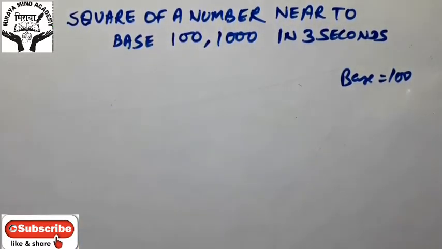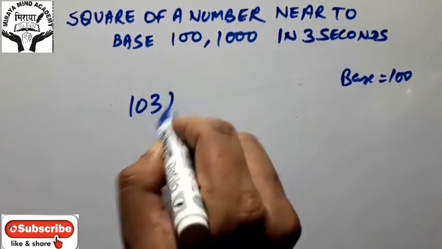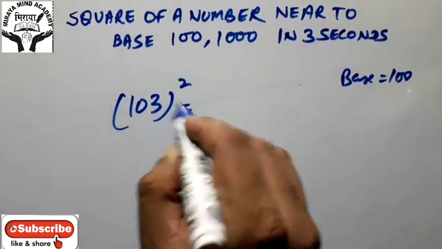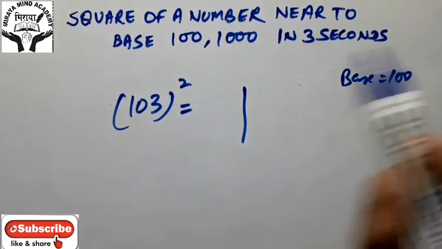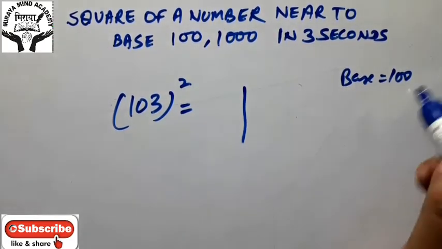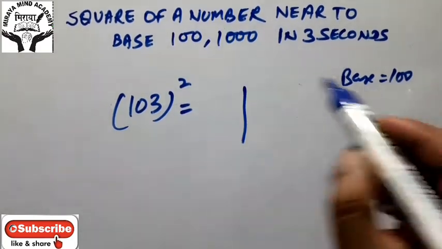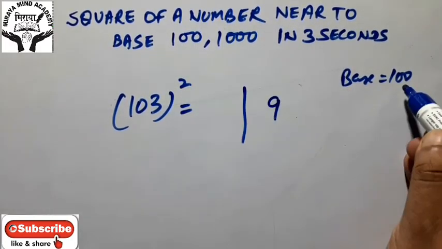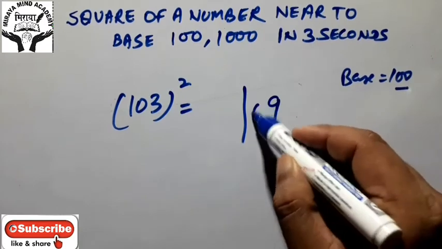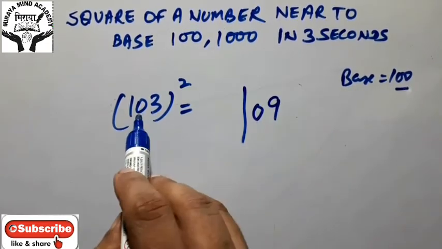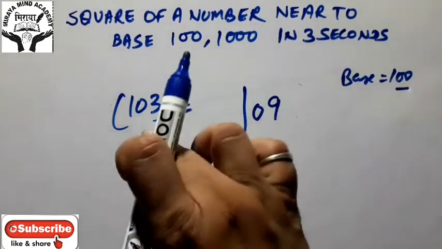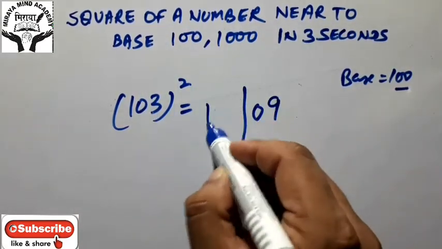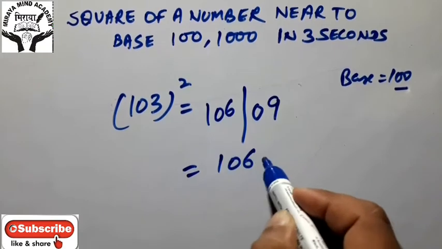Let's take an example more than 100. So let's take 103. How to find out the square of 103? We'll draw a vertical line. Now how far is this number from 100? It is plus 3. So we'll square the number 3. So 3 squared is 9, and because base 100 has 2 zeros in it, we'll add a 0 to it, making 09, and then we will add 3 to 103, because in this case it is more than 100. So 103 plus 3 is 106. So here's the answer, 10609.